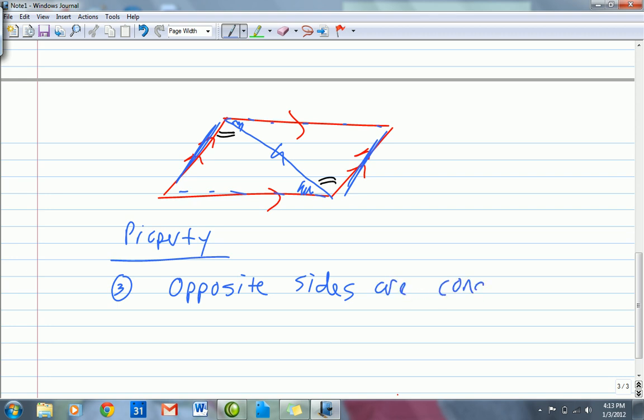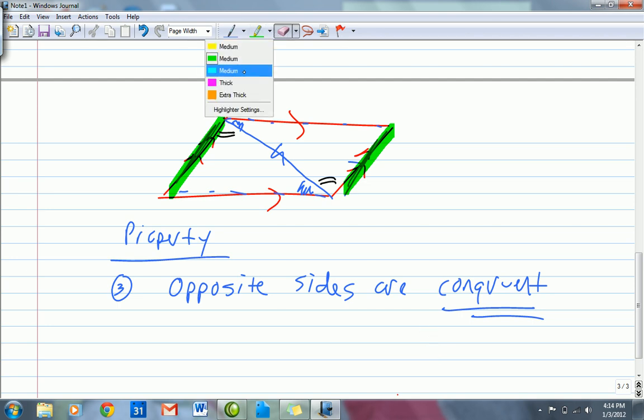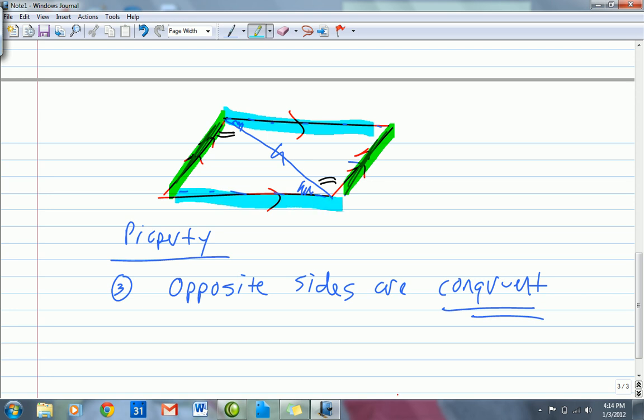And again, the opposite sides are parallel by definition, but from that definition we can also show that the opposite sides are congruent by property. And again, the way in which we would explain or prove that is by establishing that these two triangles are congruent by angle, side, angle. And then therefore, by CPCTC, those sides have to be congruent, and these corresponding lengths have to